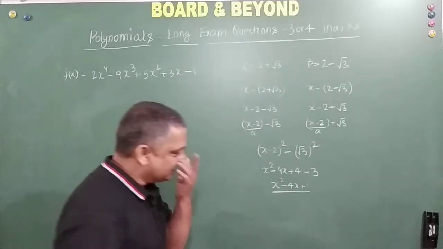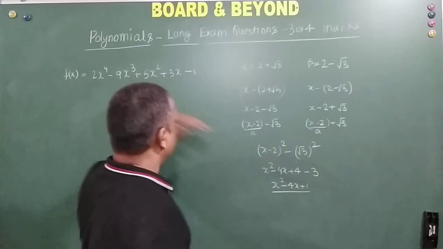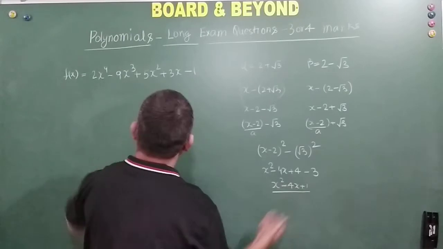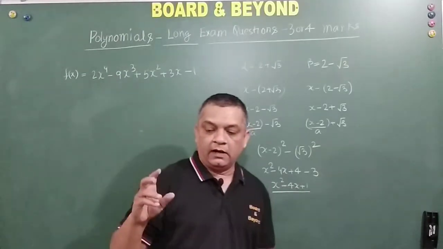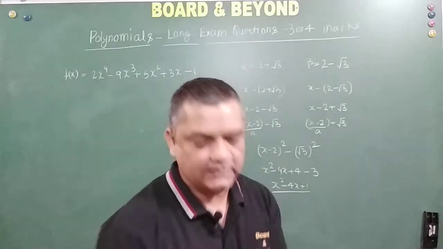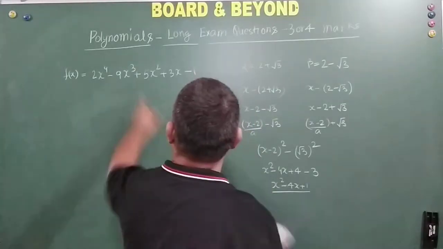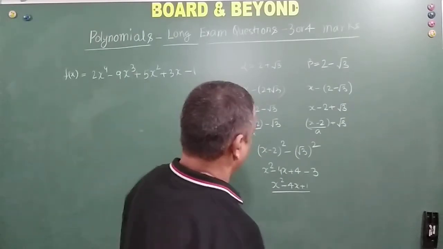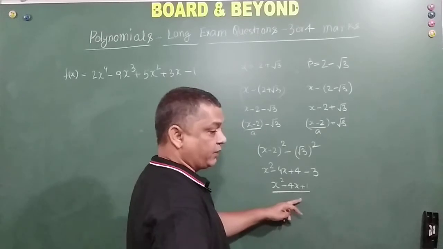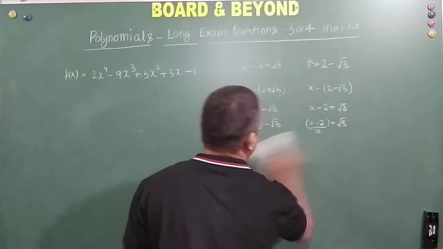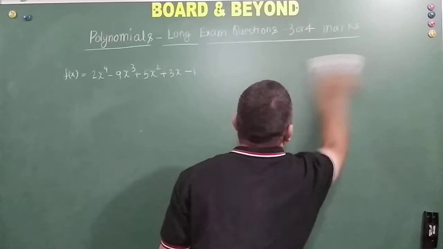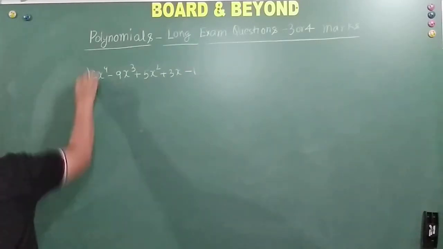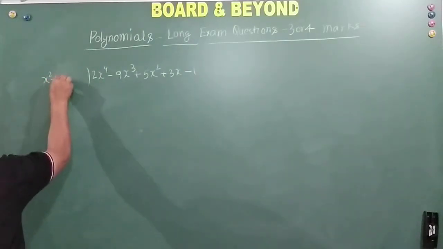So what we have done here is that we have found a factor for this polynomial. Now, knowing this factor, which is lesser in degree than this polynomial, we will use the division algorithm basically to reduce this biquadratic polynomial to a quadratic polynomial. So x square minus 4x plus 1, we will remember this, and we will divide it basically here itself.